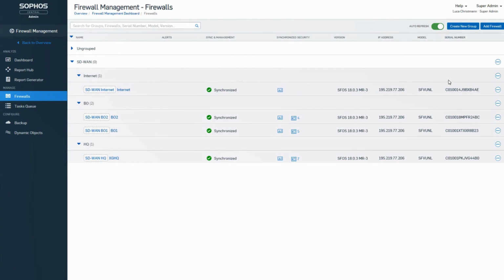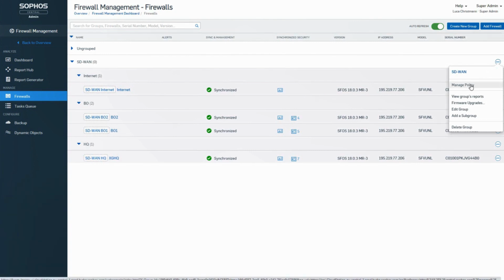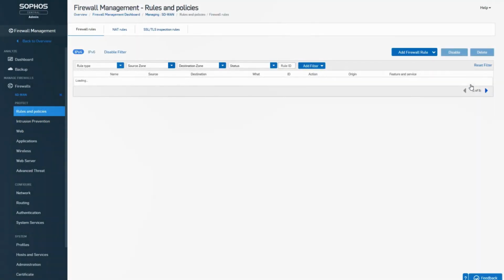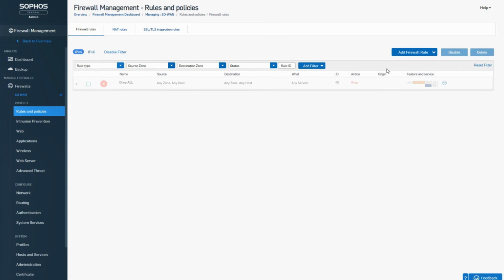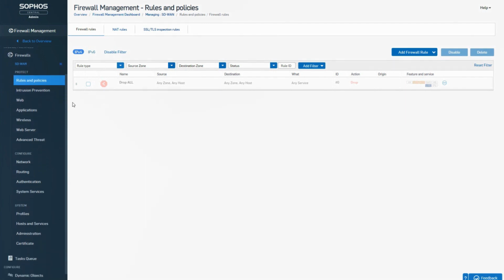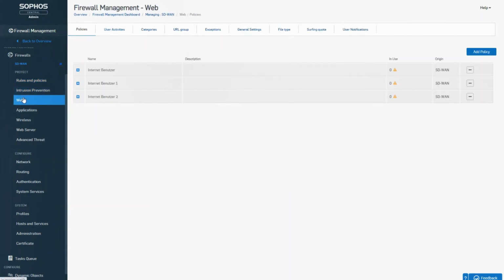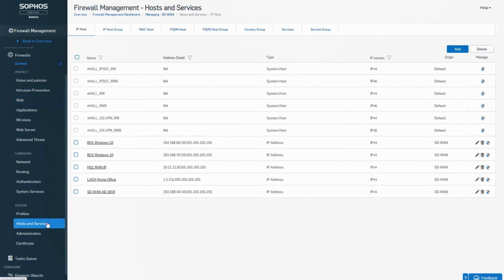Let's take a brief look into the management part, so basically the configuration pushing. If I'm pressing on managed policies, I'm able to jump through Central to the management section. And here I'm able to configure all the desired configuration steps within Central. It looks like an XG file, but it's actually not. It's a platform within Central, and I'm able to configure everything here to be able to push it directly to